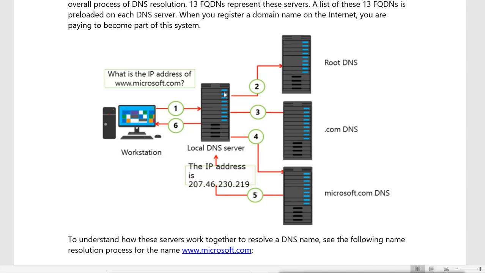So when this domain is not the domain for this DNS server, it will send the query to a root hint server, whose name and IP address are available in every DNS server.